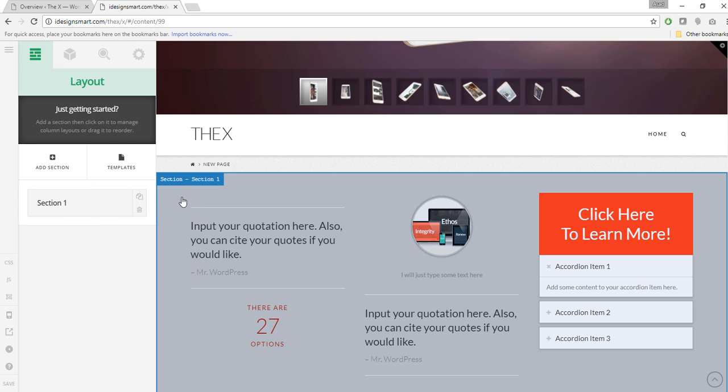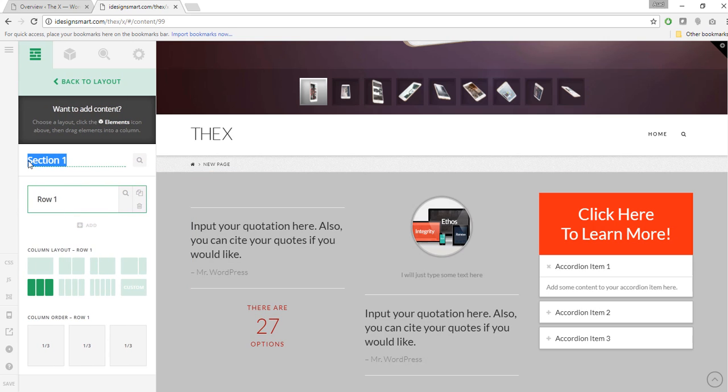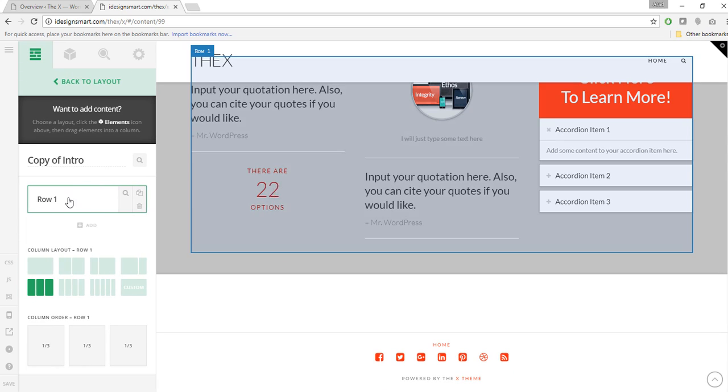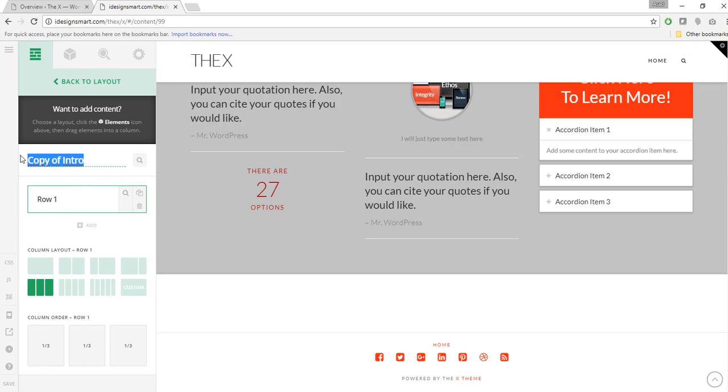Section 1 is pretty evident where it is, but you can click on it and define what it is. It is the intro maybe. So if you do that, you can define names for your sections as well. So now it is intro. I want to duplicate it. You can duplicate it like that and say, instead of copy of intro,